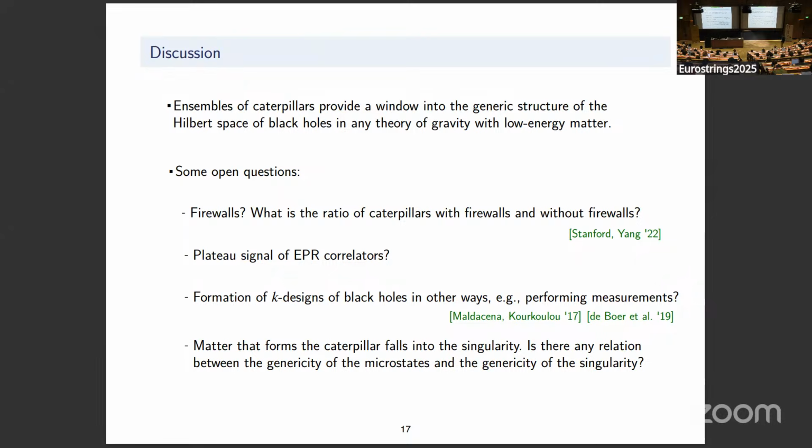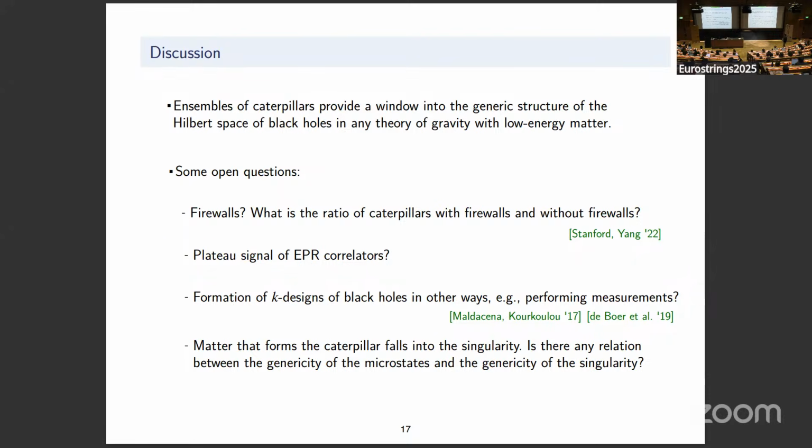Another interesting problem is whether we can form K-designs of black holes in other ways than just adding matter in the black hole interior. And this relates to the ways that people in quantum information generate K-designs, which could include performing measurements or LOCCs. In particular, this relates in holography to the ideas in these papers by Maldacena, Kourkoulou and